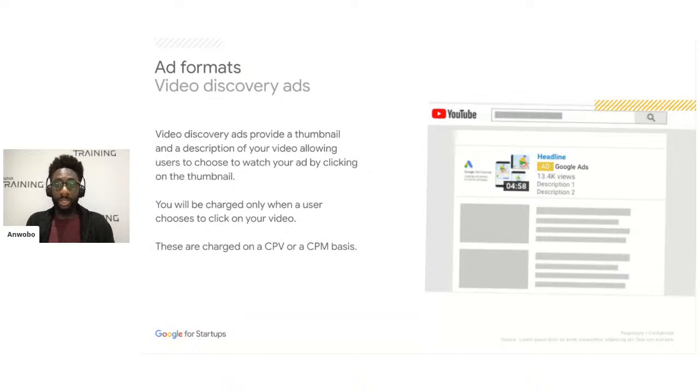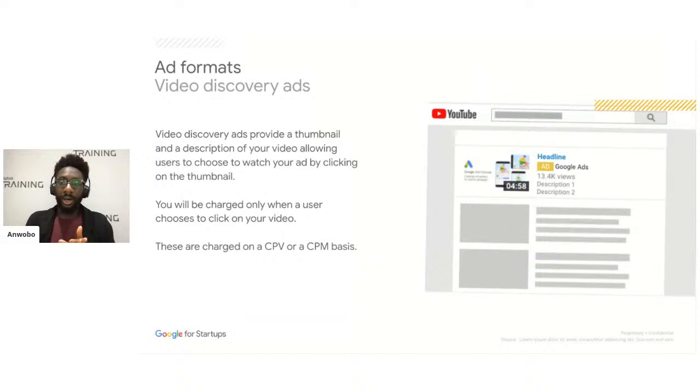It is actually also possible for you to pay on a CPM basis. So to pay per 1,000 impressions, you can set your budget there again and set your CPM bid, and therefore Google will get you 1,000 impressions, meaning that they will show it to users. And of course, the users then can choose to click on it. And there's no additional cost if you've paid just to show it to users in that way.